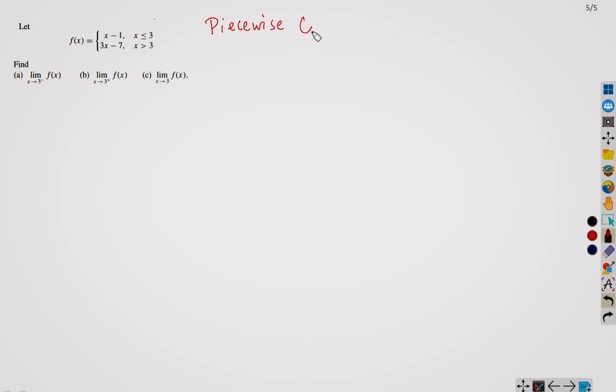This type of function is named a piecewise continuous function. Why is it piecewise? Because it has some discontinuity at some point. Since this is not our topic of discussion right now, we will not go into the details. Just for your knowledge, I will let you know. If you have any problem, just let me know.